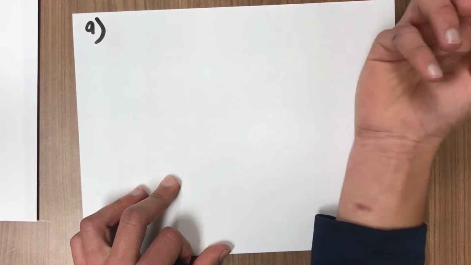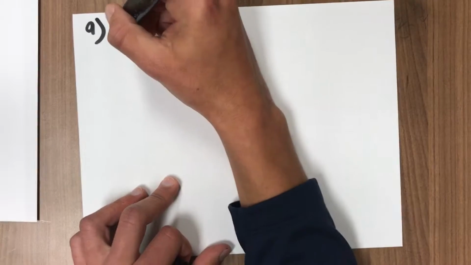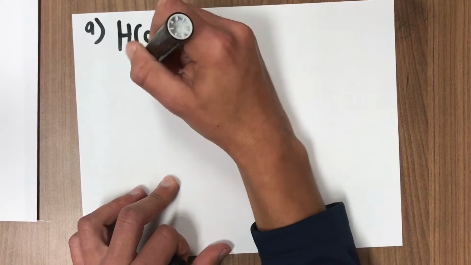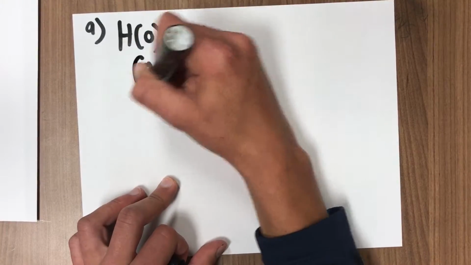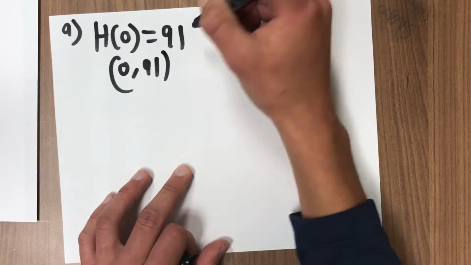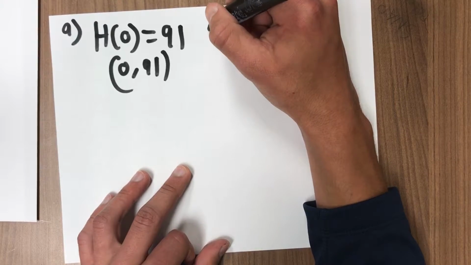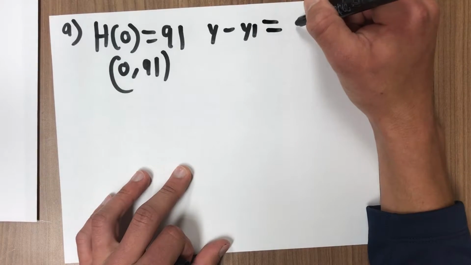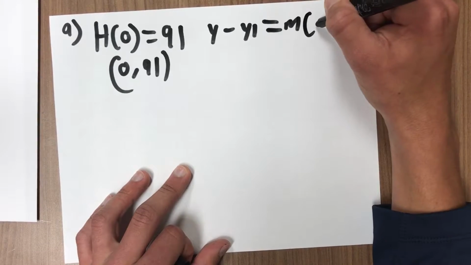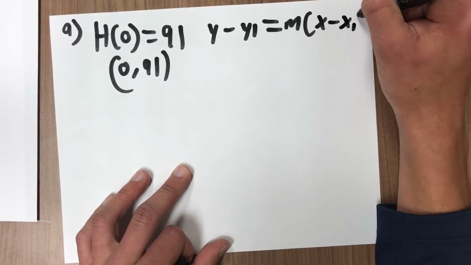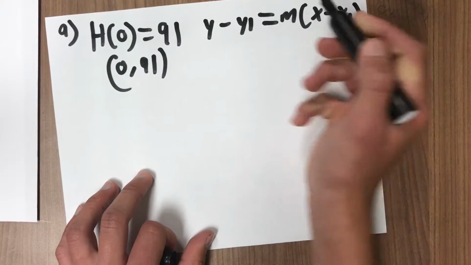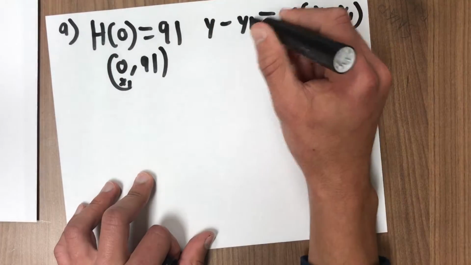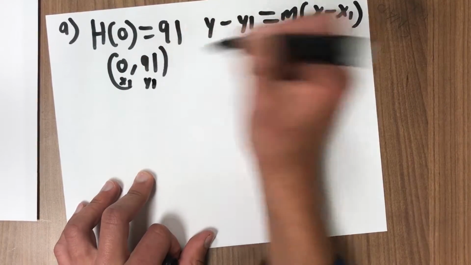For tangent lines, the best way to do this, since you're given h of 0 is equal to 91, that's the point (0, 91), you can plug that into the point slope formula, which is y minus y1 equals the slope m times x minus x1. Basically you have 0, which is x1, and you have 91, which is y1, but you still need to